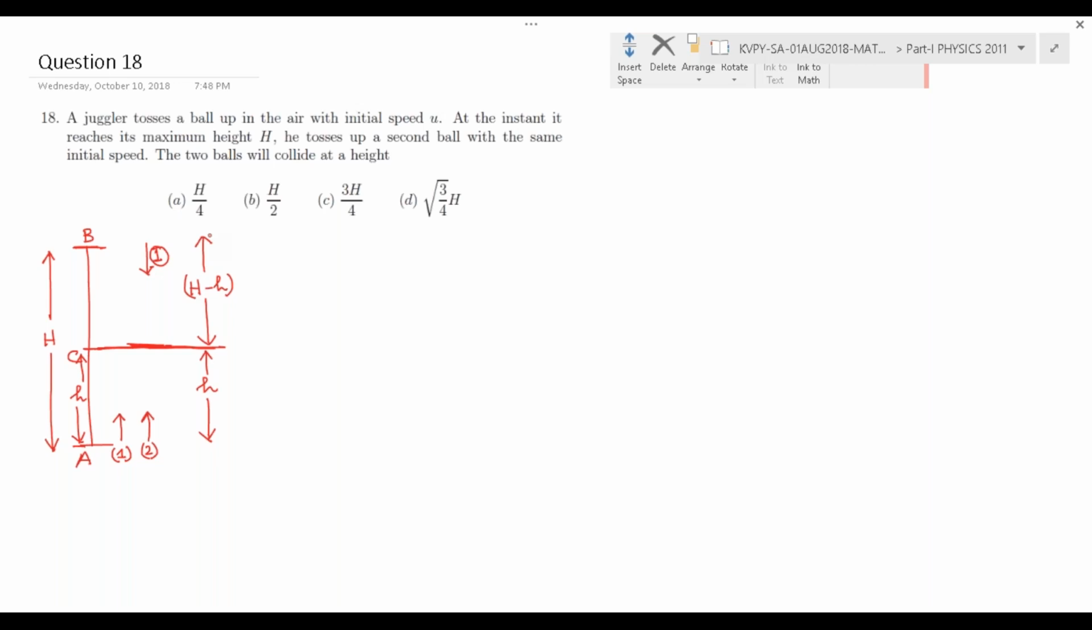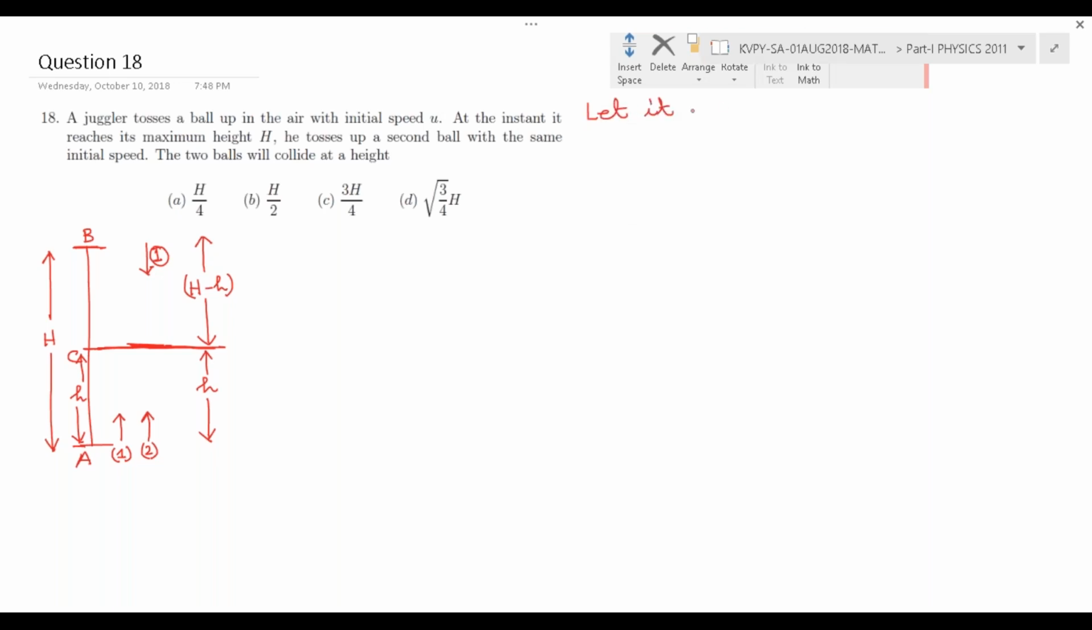Okay, so then what is going to happen in this case? The first ball will cover the path BC, that is the distance capital H minus h in time t. So what I am writing, the first ball, let me write it here,